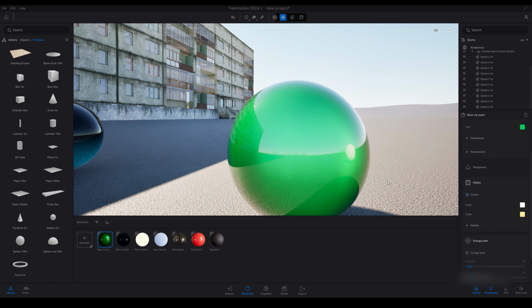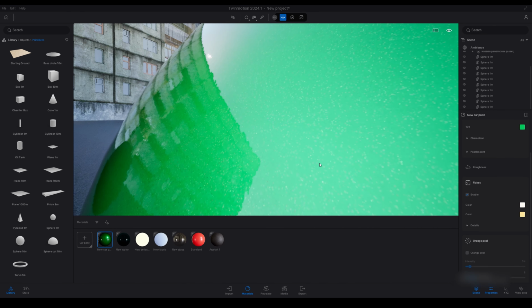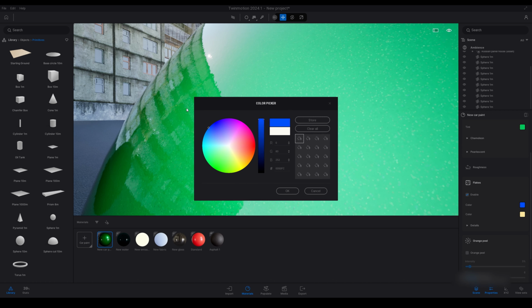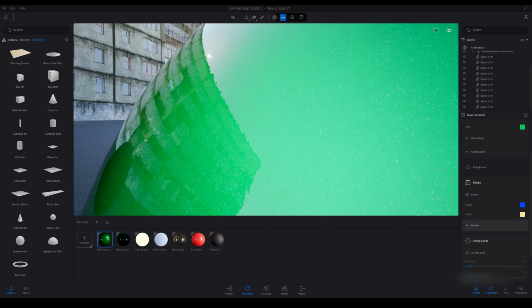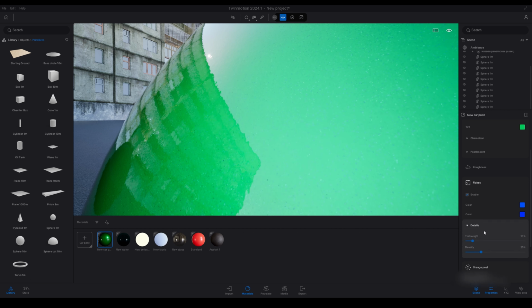Under that we have flakes, so you can actually enable and disable the flakes in the car paint. You can also go ahead and change the color for those flakes. You can adjust the tint weight and density.